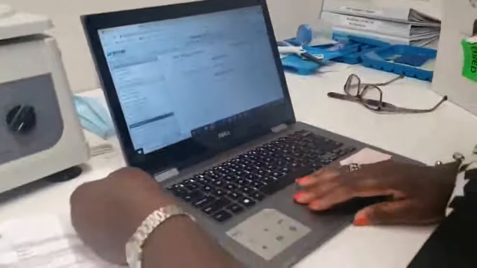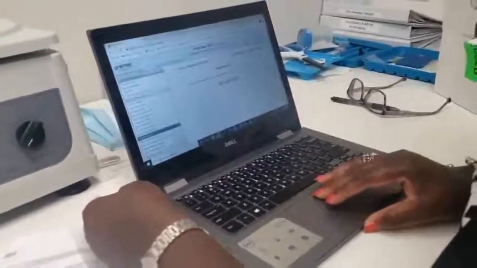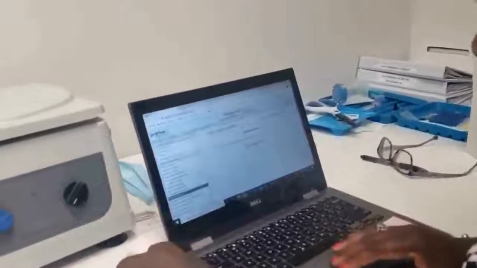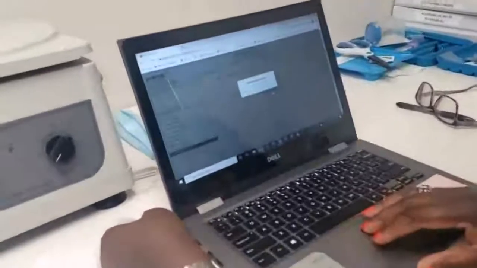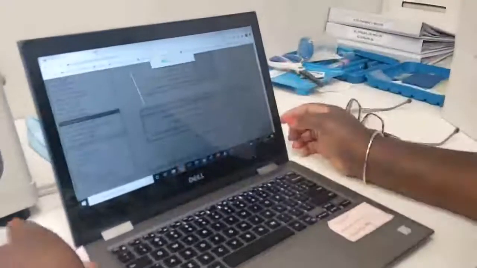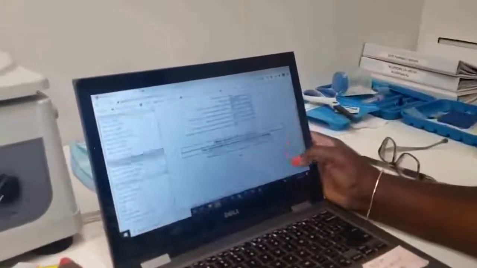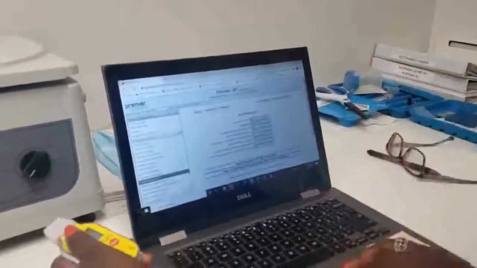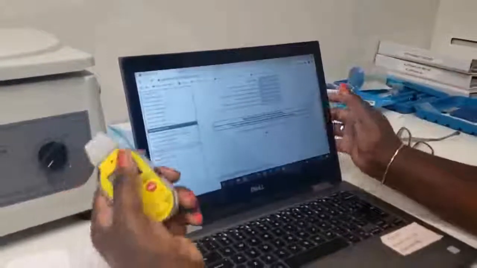Okay, and then it's going to ask you, are there any damages to the case? We're going to say no, and then we're going to continue. All right, so it tells you everything you just entered, and then we're going to submit. All right, so your confirmation will arrive momentarily. You're going to get a report to your email account. And so that's it. So we've reported that the drug was